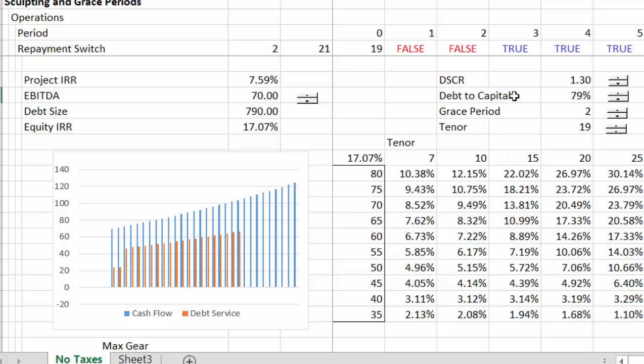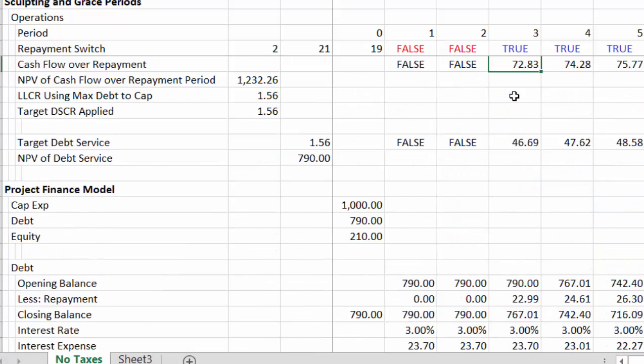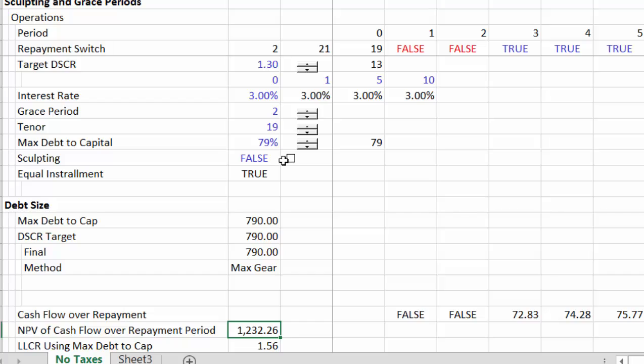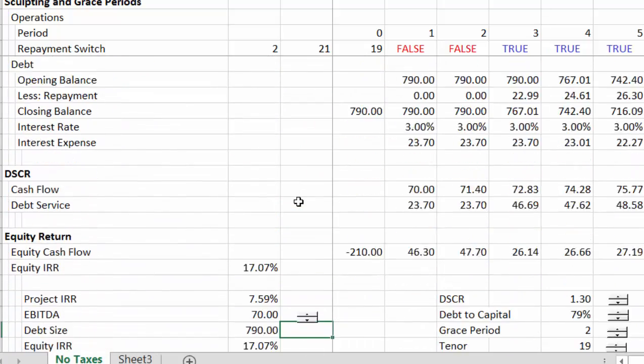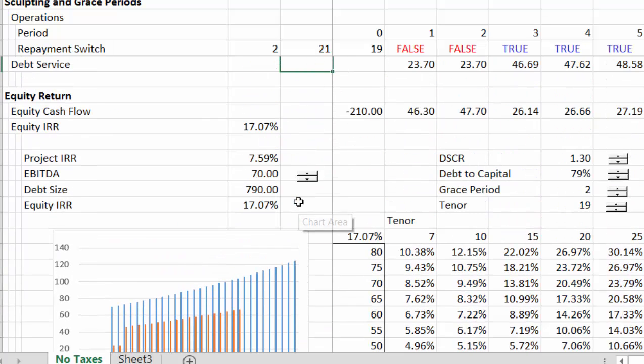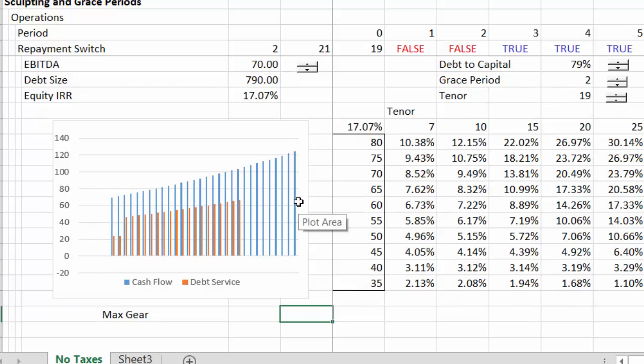Now what we're going to do in the next video is just change the interest rates. That's not a big deal. Then in the one after that, this is actually true for sculpting, but we'll switch it to a regular level repayment and see how all of these different factors really affect things if we have level versus sculpting. Okay, so that's the addendum to video 2, so I'm going to just